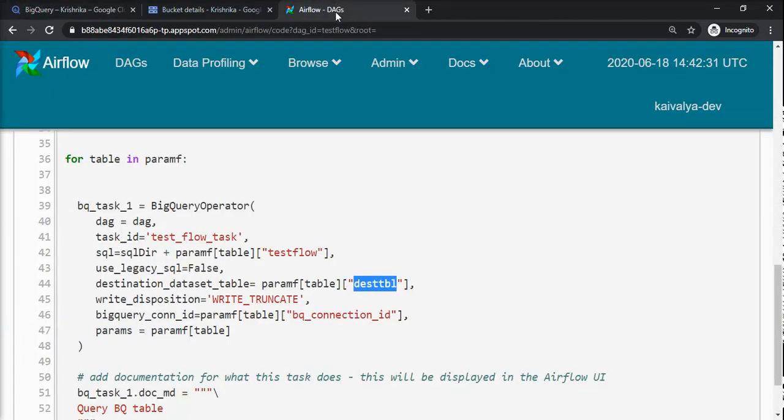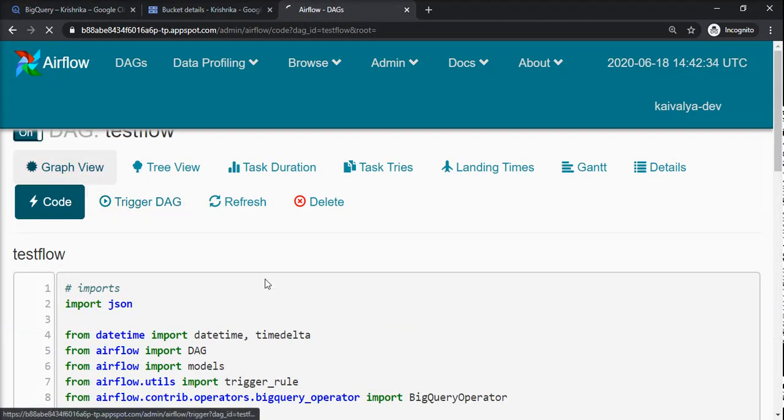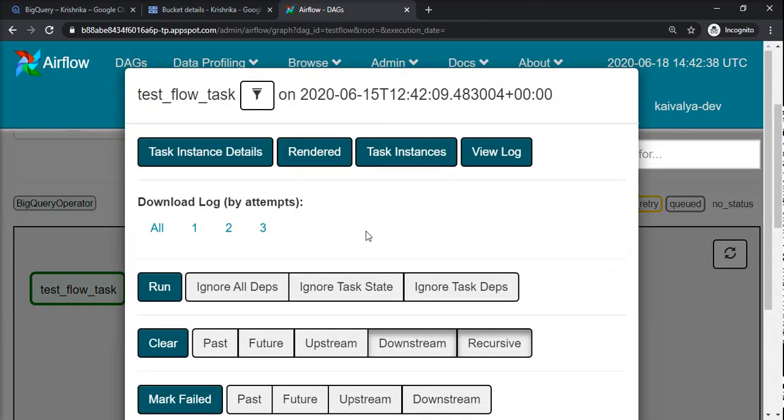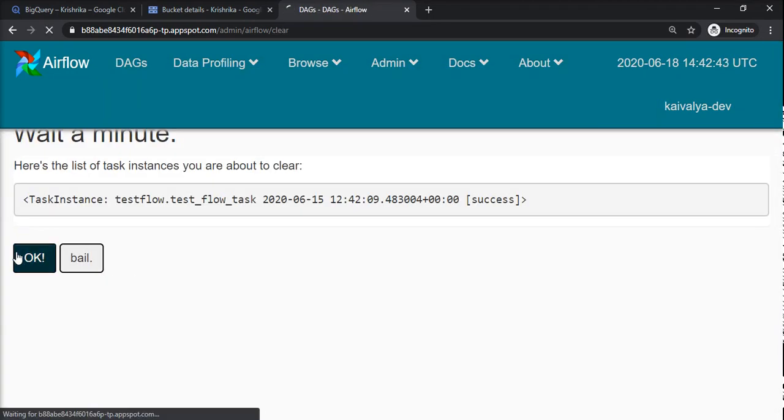Let's see how it works. I'll trigger it and we will wait for some time.